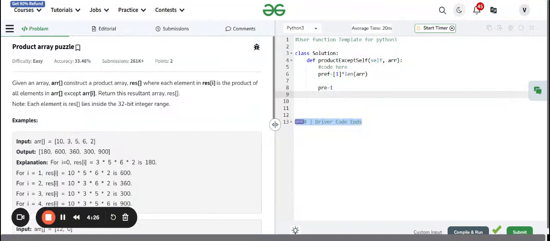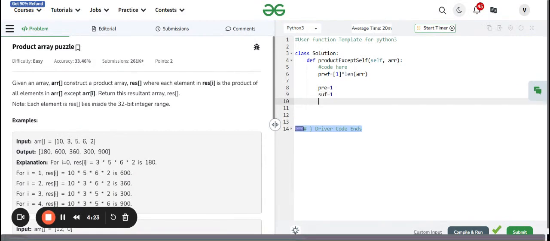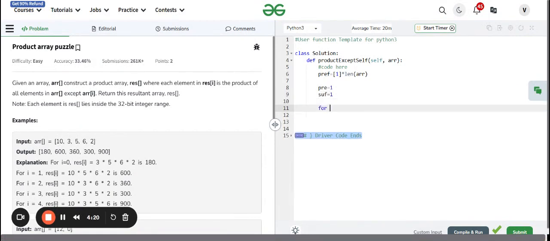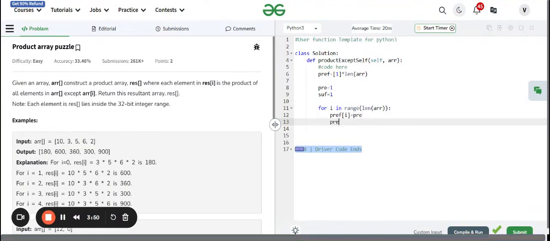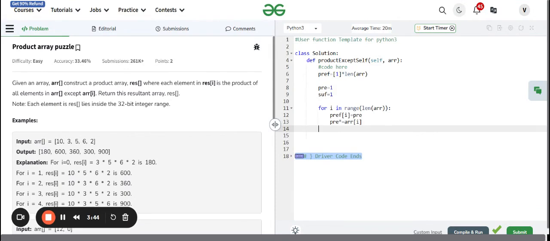Sorry, this is a product, so the initial values of prefix and suffix be 1, and let us go through the array, and every time we do this we'll add that to the prefix sum. So for every i, the latest prefix is added. So we'll get an initial